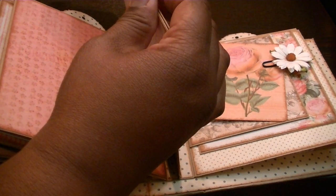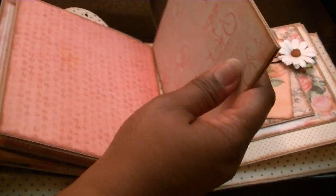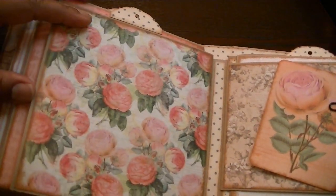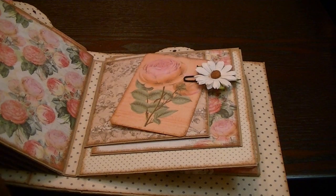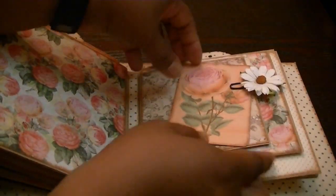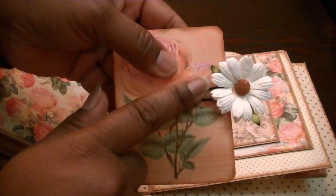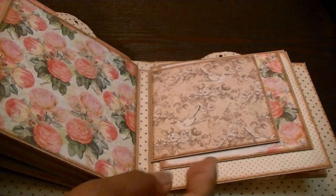Sorry, trying to find my slot to put this in. And then this is the last page here, or the back of the page, and then this is the last page. And so here's another paper clip. This one is white, or sorry, white flower, black paper clip. Okay, and then this one flips over like this, and then this one flips up,